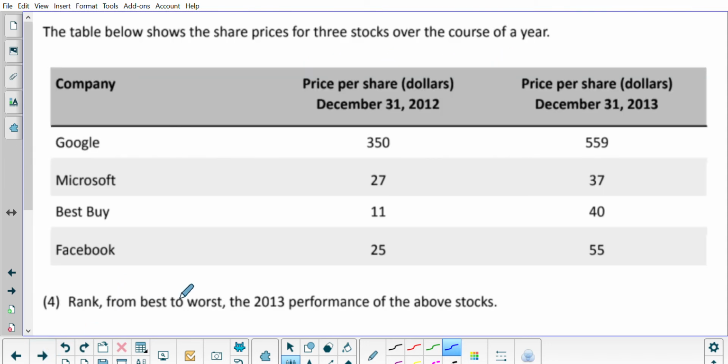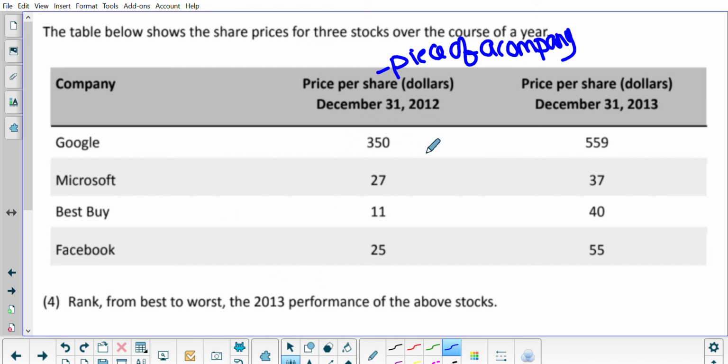All right, so the table below shows the share prices for 3 stocks over the course of a year. So we have Google, Microsoft, Best Buy, and Facebook. Price per share. Share means that you basically get a piece of a company. If anybody's into looking at the stock market, this is how you basically figure out which company you should invest in. So